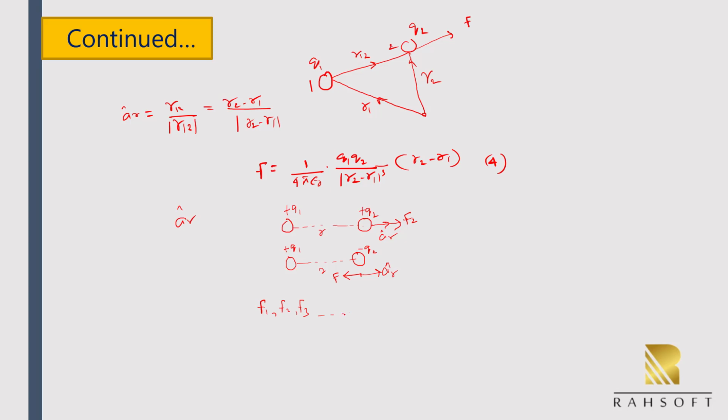So let there be n charges, Q1, Q2 and Q3 and so on up to Qn, located at points with position vectors R1, R2, R3, Rn. So the resultant force F on a charge Q located at point R will be F equal to 1 over 4 pi epsilon